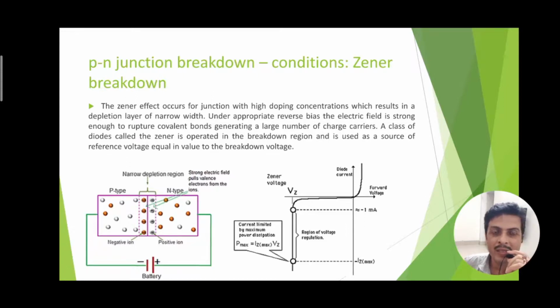So at a certain reverse bias condition, which is known as the Zener breakdown point, an excessive amount of electrons flow through the junction. That is why we get a sharp breakdown current. For every Zener diode in the market, the power rating is defined. That means the current flowing through the Zener diode under reverse breakdown has a limit. It cannot exceed that limit, because if it exceeds that limiting current, the Zener diode will be destroyed.